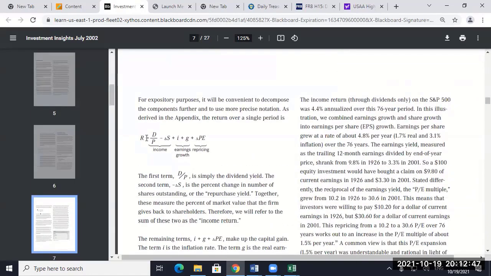And then they break that out. So what are these two pieces? This is the income piece. So dividend over price, that's just a dividend yield. So which dividend yield does this represent? If you're doing Intel, you go get Intel's dividend yield. What do you use here? What number are we coming up with?